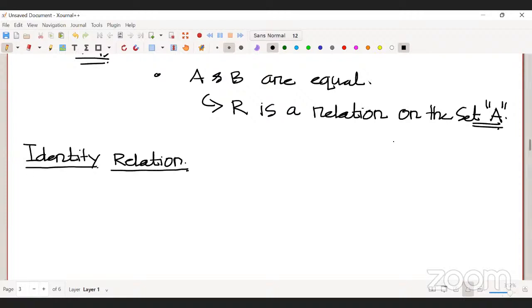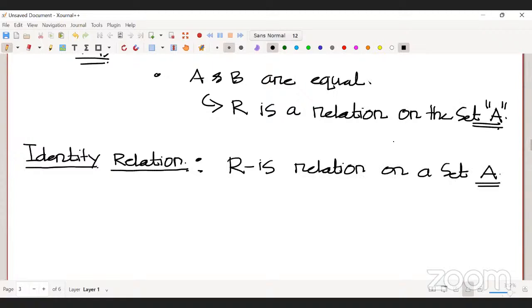So suppose R is a relation on a set A. So when can I say that R is a